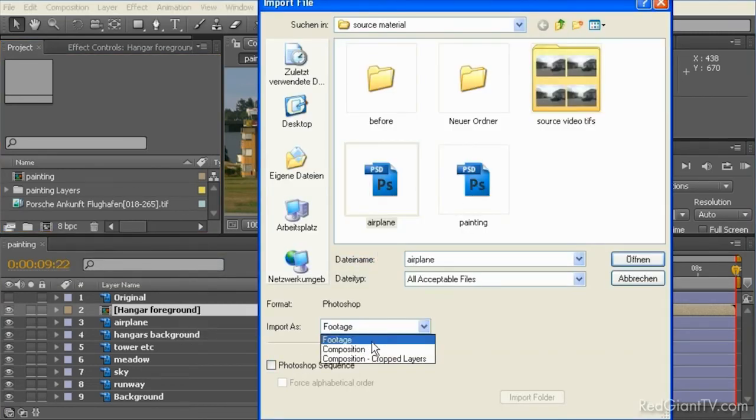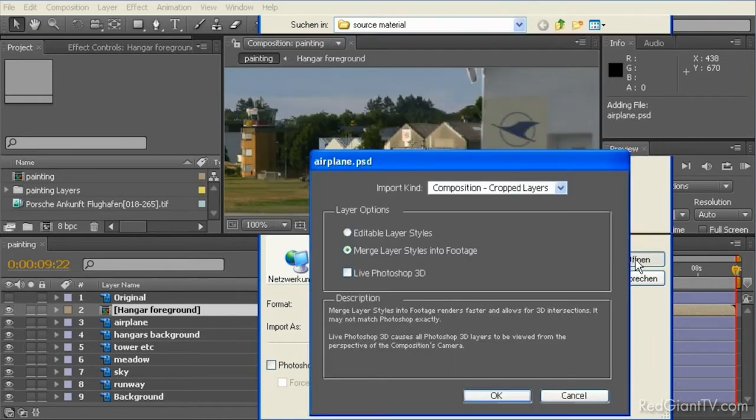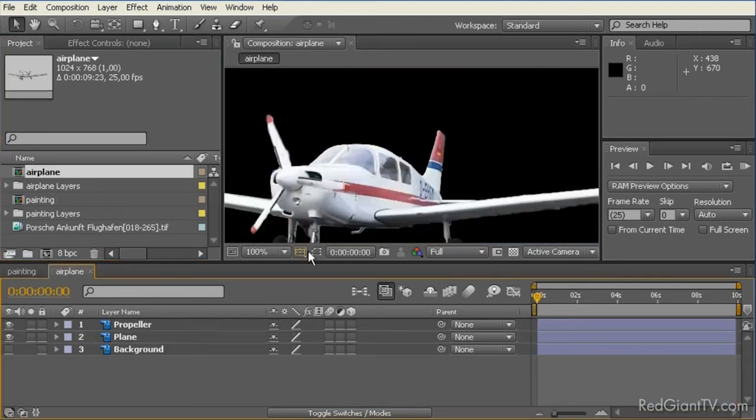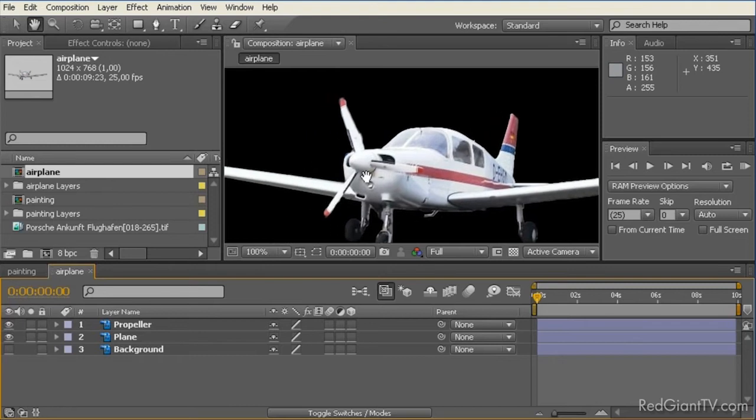Again, import as composition with cropped layers. Hit OK. And again make sure that the airplane composition that you get also has this correct length of 9 seconds and 23 frames. So we jump here into the airplane composition,